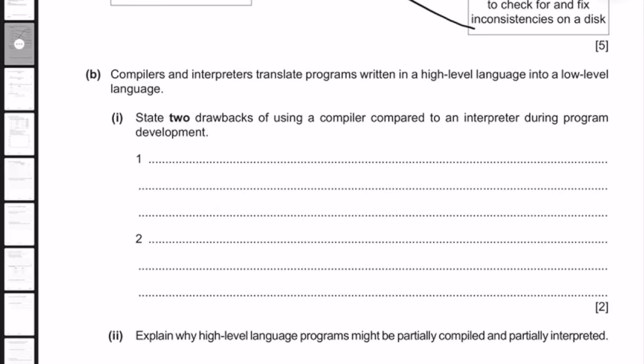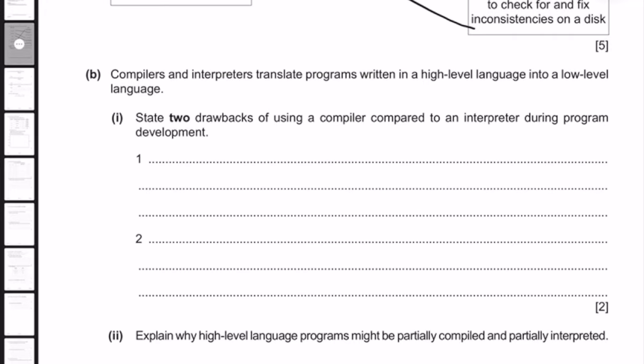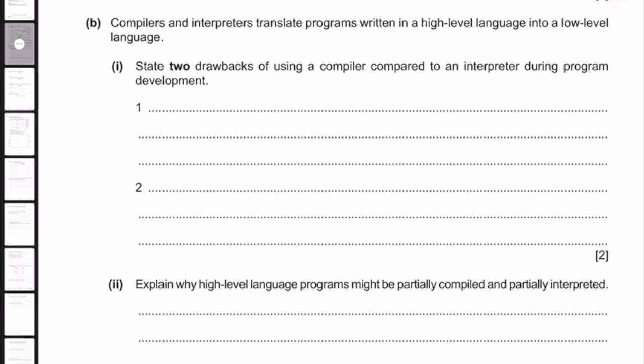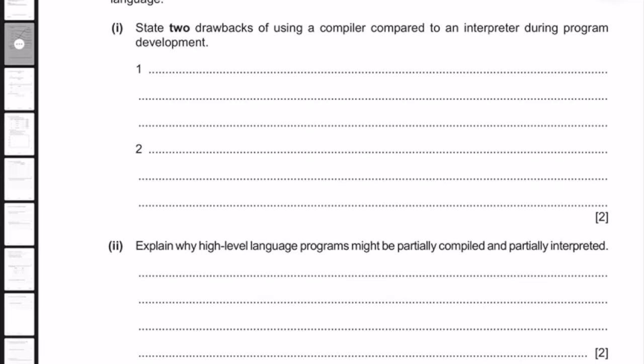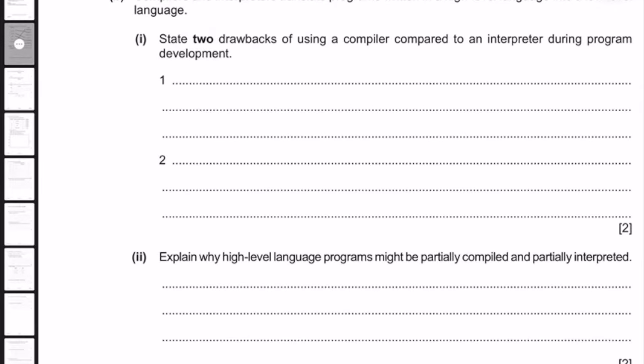Now, compilers and interpreters translate programs written in high-level language into low-level language. State 2 drawbacks of using a compiler compared to an interpreter during program development. Okay, so why is using a compiler worse is our question. So firstly, the program won't run if there are any errors